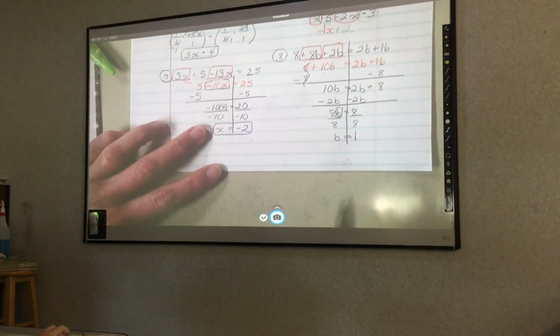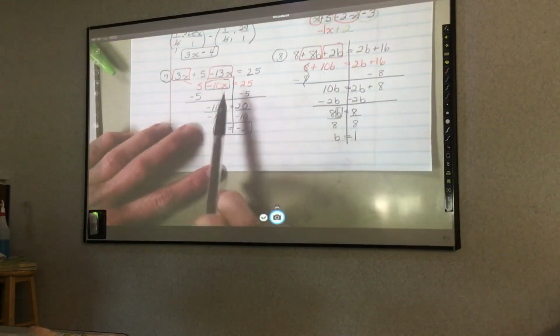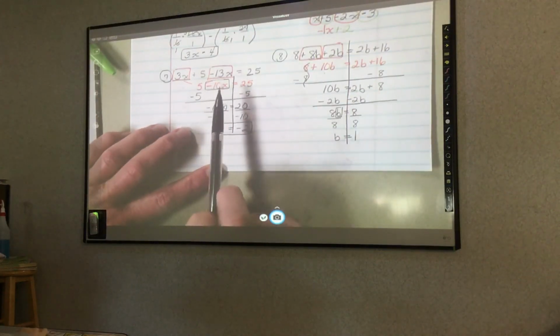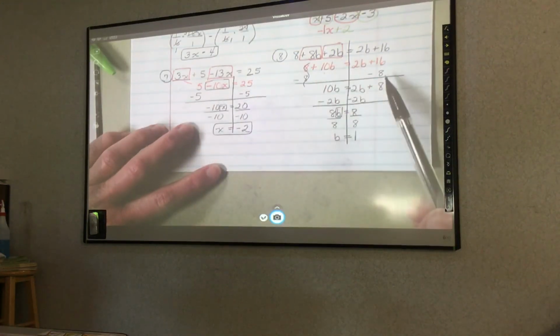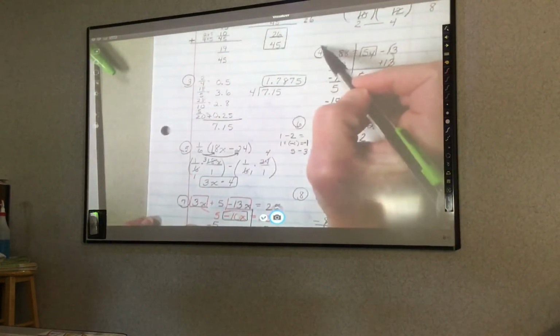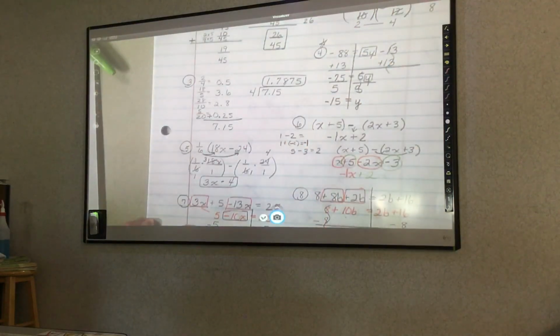So that one was a lot more steps. Because we bumped it up to having more than one with a variable, you guys are going to need to be able to do simple ones like number 4. Go ahead and